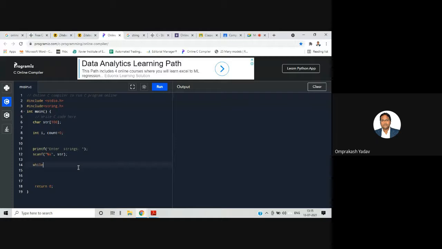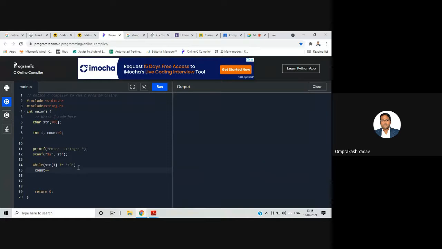I'll do while str of i is not equal to this null character, till then I'll do count plus plus, and let's finally display this. printf length of the string is %d, count. Okay, so let's run this.